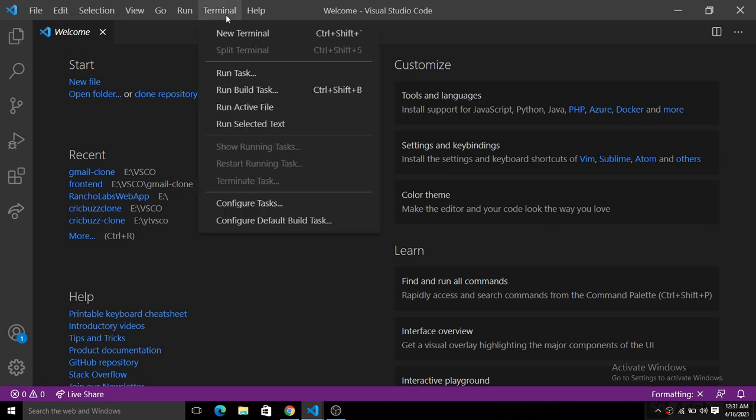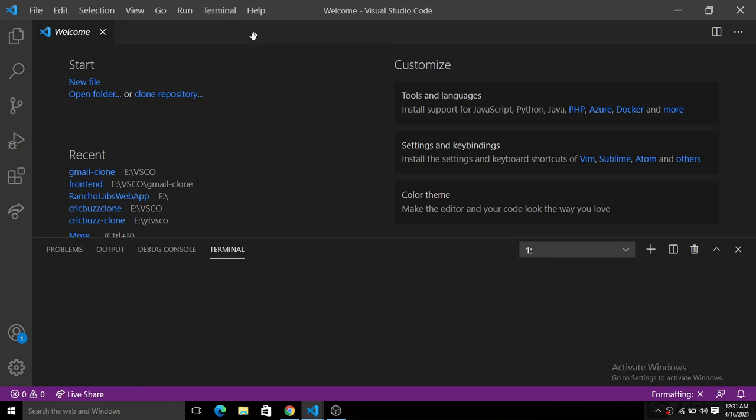I'm going to open the terminal here. Inside of this terminal, you have to go to your directory, or you can do it in any directory. The prerequisite for this is that you have the latest Node.js installed on your local machine. So you have to install Node.js.